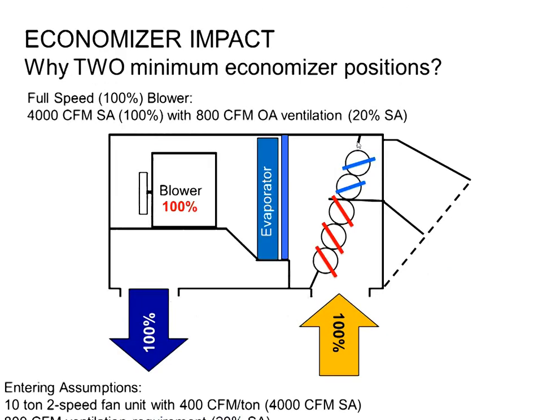Here's the reason why you need to do this with a 2-stage economizer position. All right, so here's my normal scenario. My fan's running at 100% capacity. I got 100% supply air, 100% return air. Everything is basically normal,